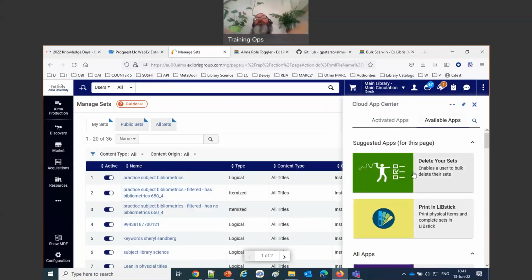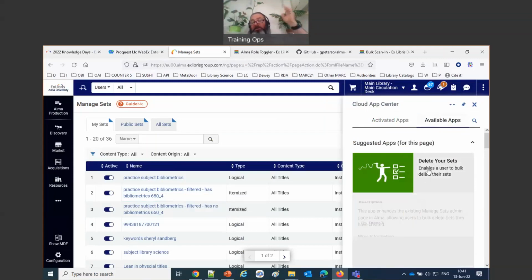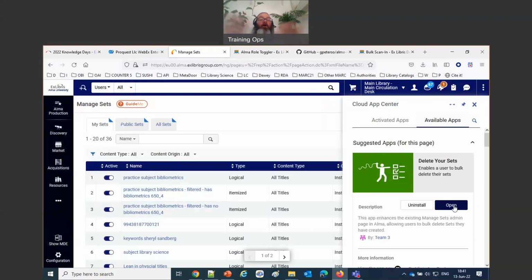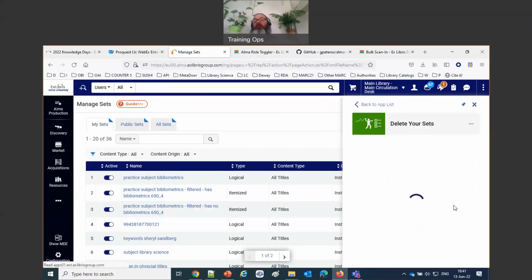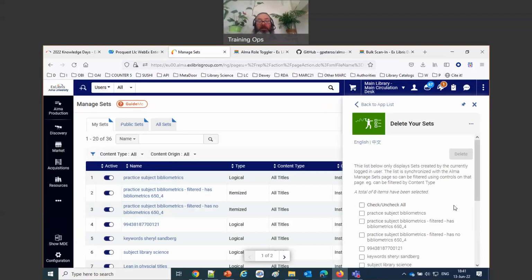So, person who asked, do I need to go check for new Cloud apps on a regular basis? You can see it right here in Alma. I don't have the delete your sets. I'm going into the Cloud apps, and it's suggesting for me, because of the page I'm on, to take this delete your sets. So I clicked it, activated it, and now I'm ready to go. This one does not require any configuration. It's just a straightforward